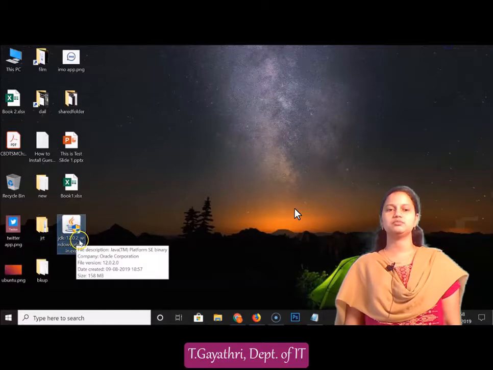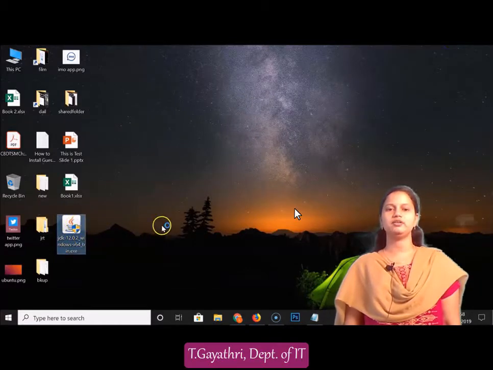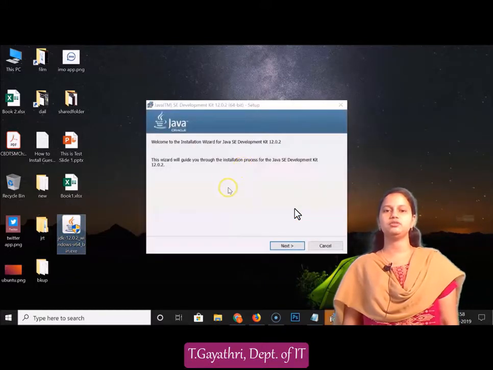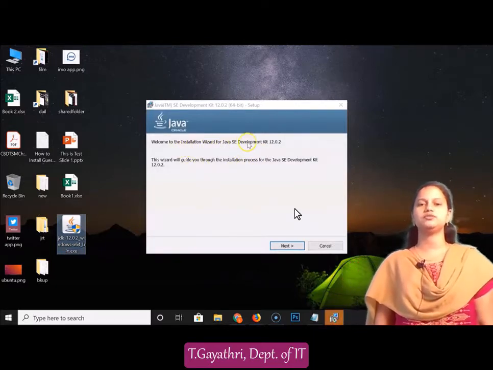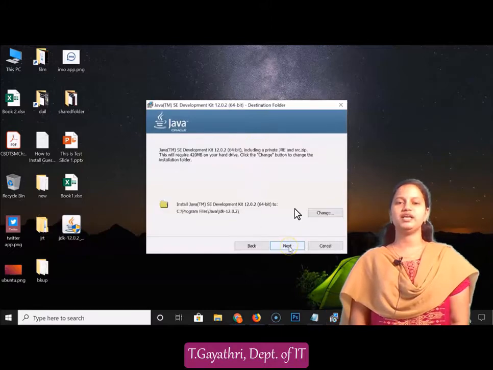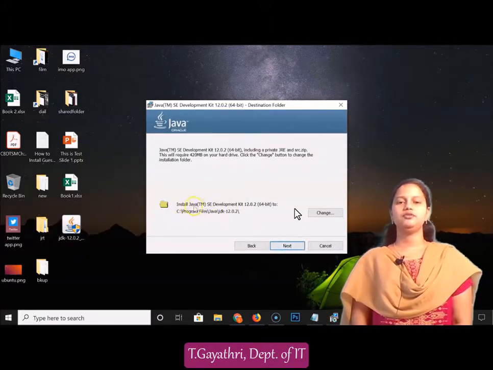Here is the JDK development kit. Double click on that, and it will install the JDK. It shows a window, preparing to install, and welcome to the installation wizard of Java SE Development Kit 12.0.2. Next. This is the destination of your Java SE. If you want to change this destination, you have to select the change option.